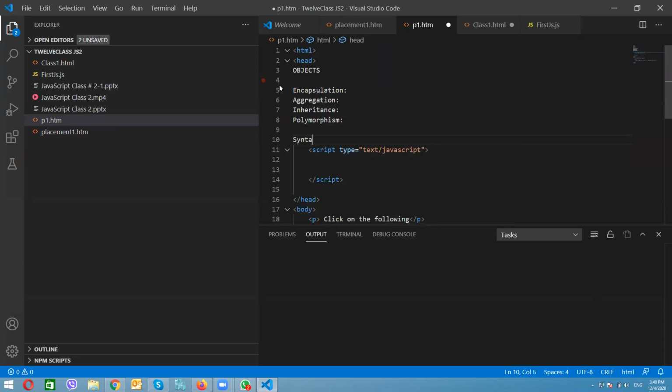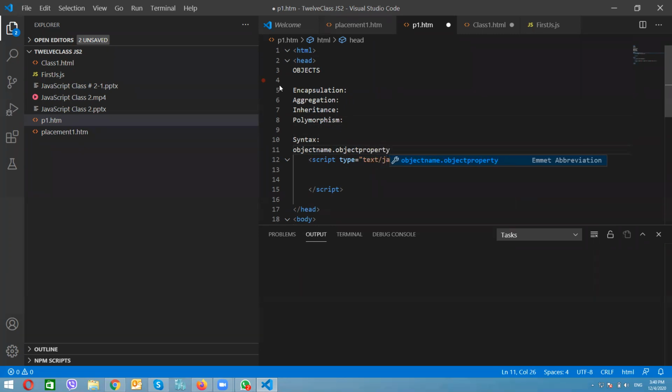The syntax of objects will be like that: object name dot object property is equal to property value. This is how we write any object.